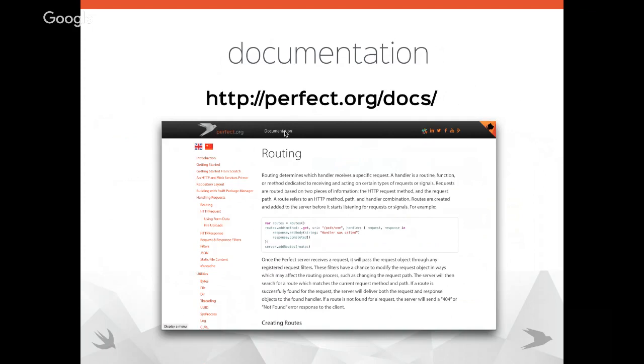Okay. Now, I'll also note every single little bit of the Swift code for the Perfect project is open source, so you can go and view that as well. There's the link to the GitHub repos in the top right-hand corner of that as well.